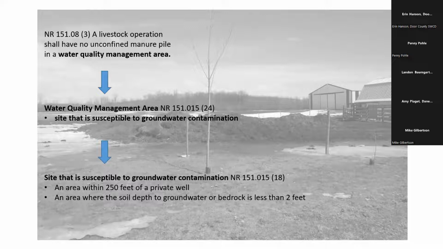So when we're looking at a specific performance standard, it's really important to dig down through the layers of the definitions to ensure that we're considering all of the appropriate pieces. Water quality management area, my initial thought was surface water, but of course we need to be mindful of sites that are susceptible to groundwater contamination as well. So following these definitions, in this example, the site was not meeting the prohibition,